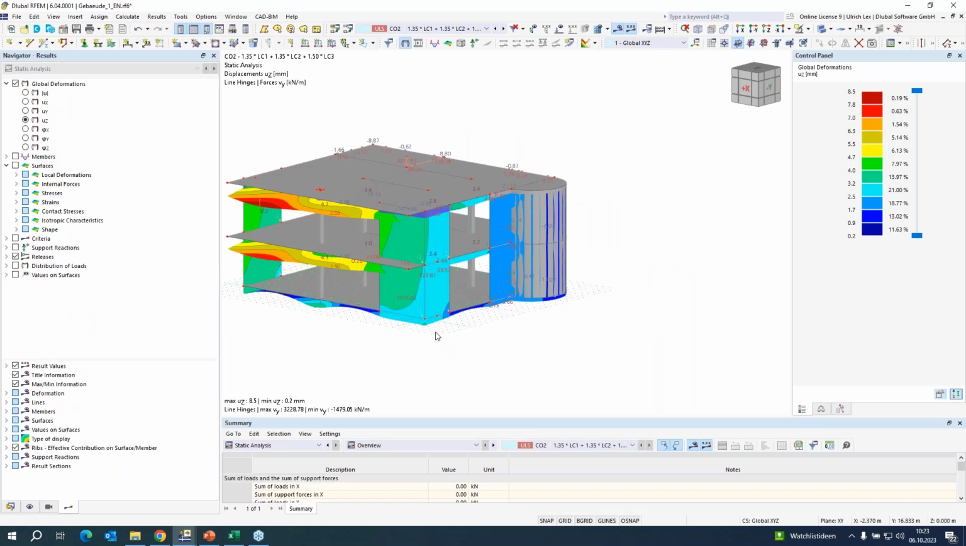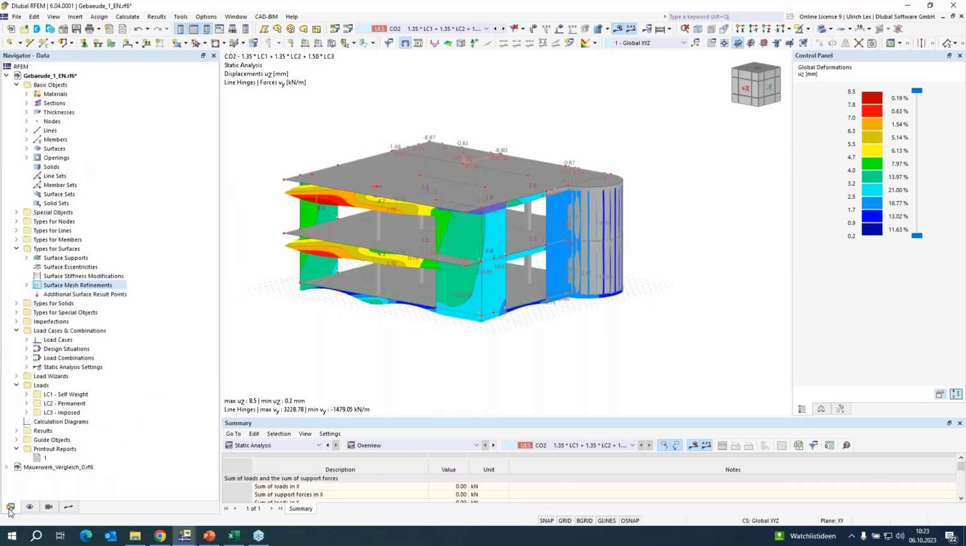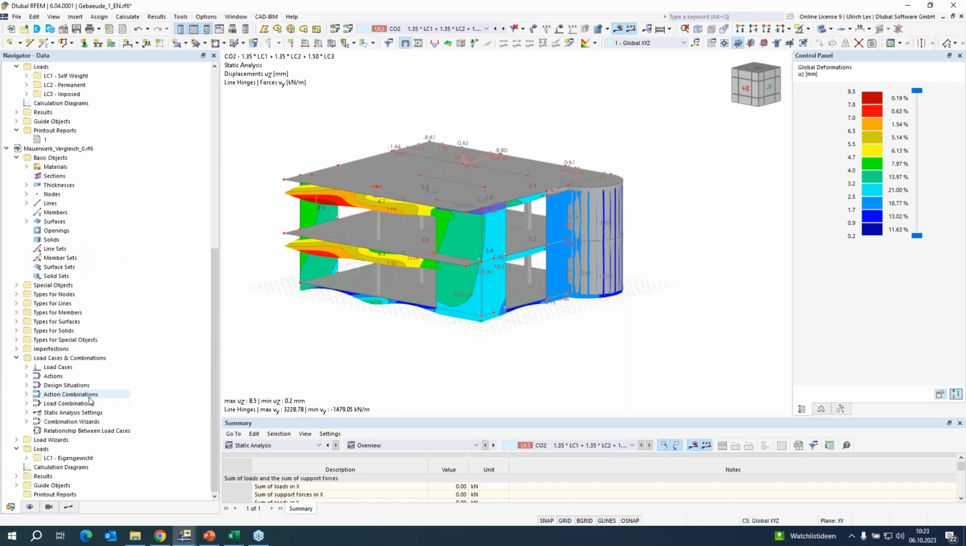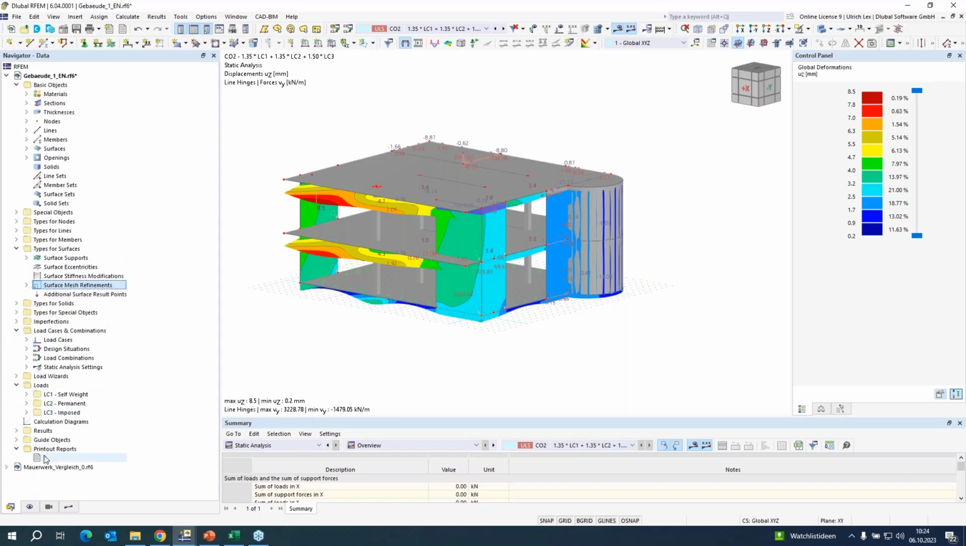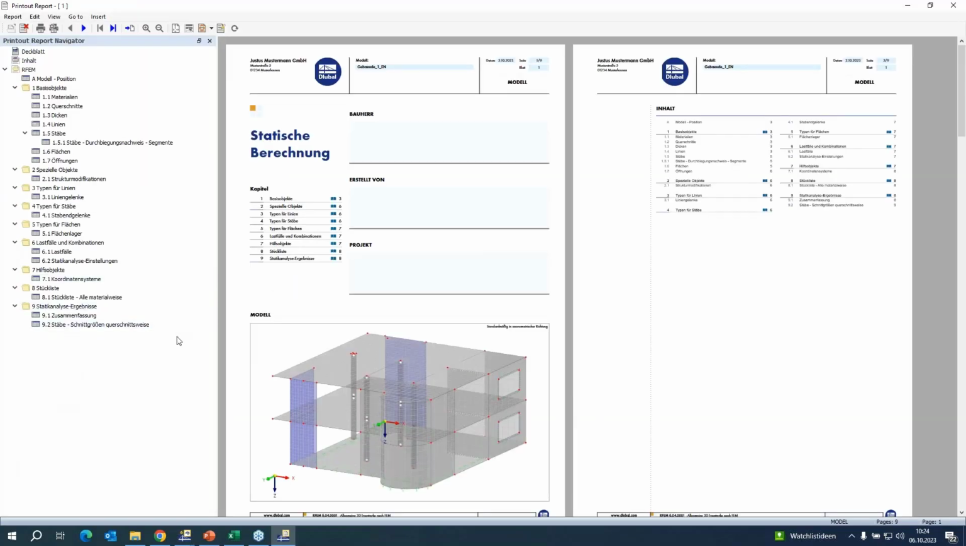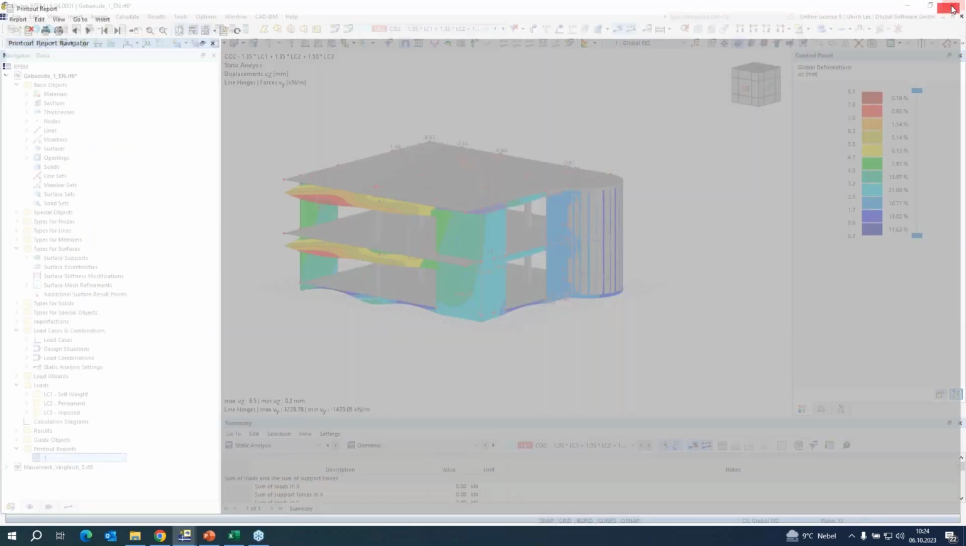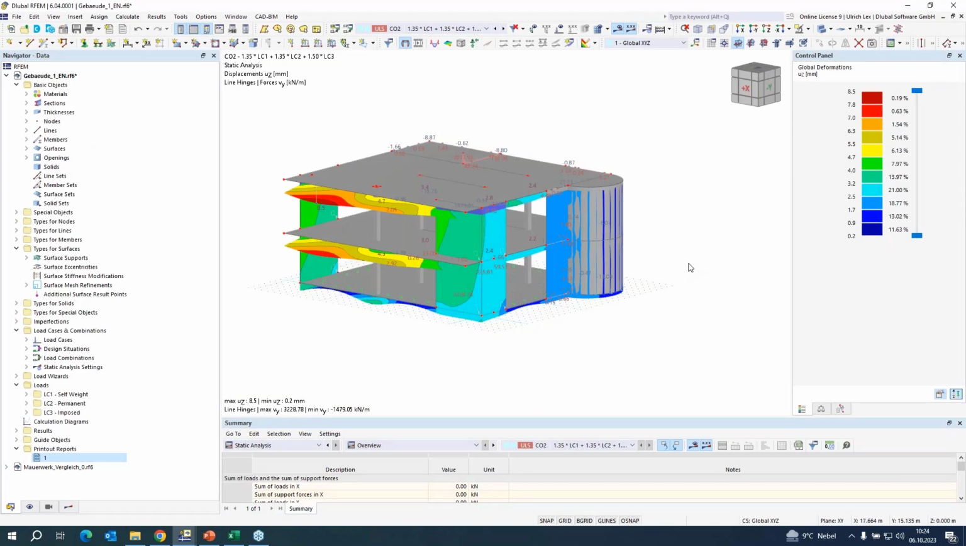So, for the documentation of the results, I have already created one printout report, but here are only tables. And now I want to show you how you can document, especially the results for the masonry, to do any design checks with maybe an Excel file or something else. One good tool